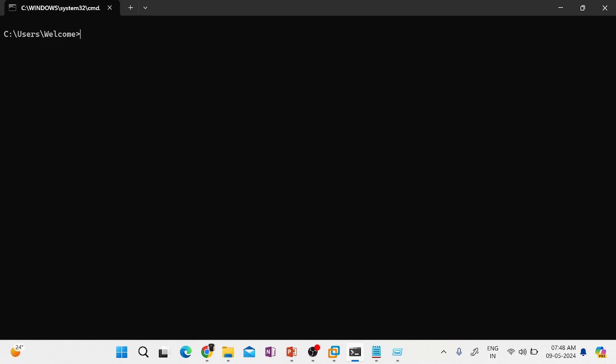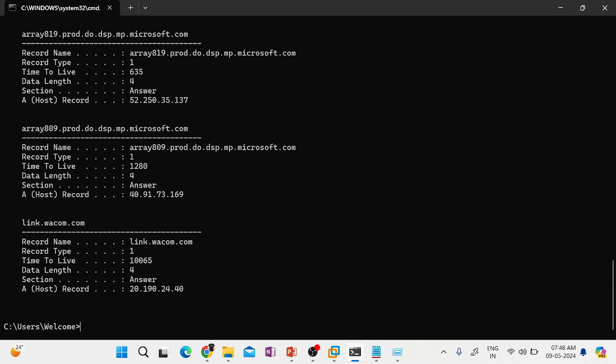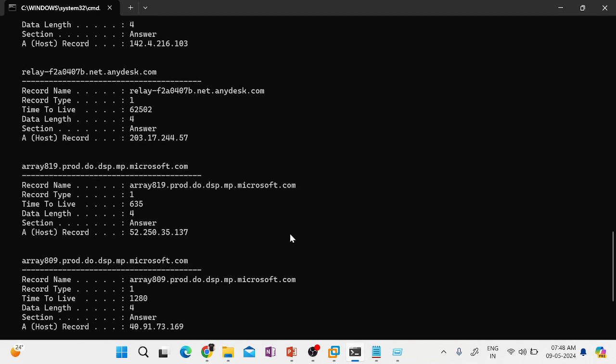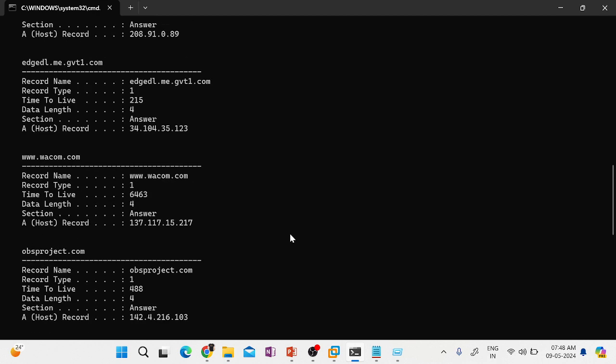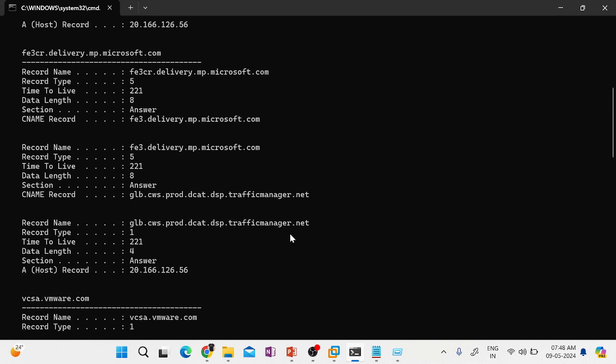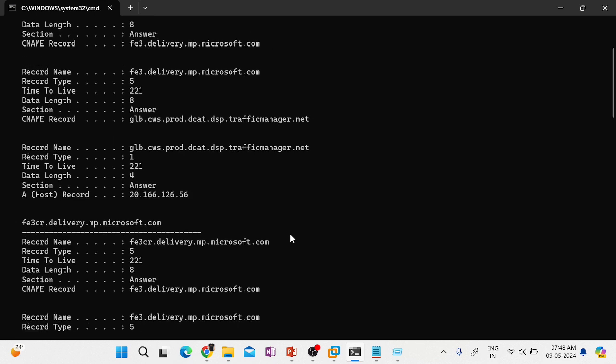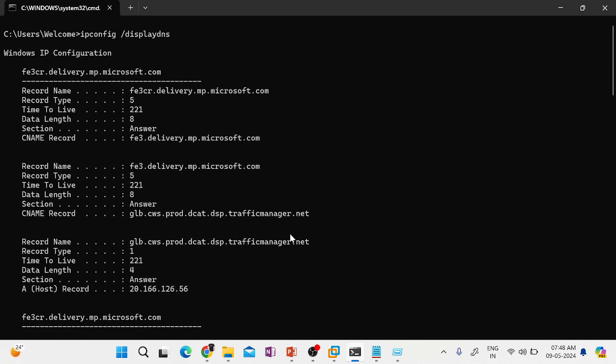If you type the command ipconfig /displaydns, any website you have opened before will be stored in this cache. It will see whether there is anything called facebook.com. There will be a lot of entries, and it will pick up the entry from there and give it to you. This is called the DNS cache.